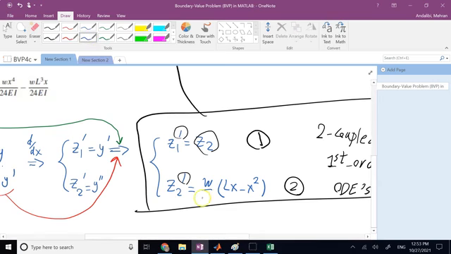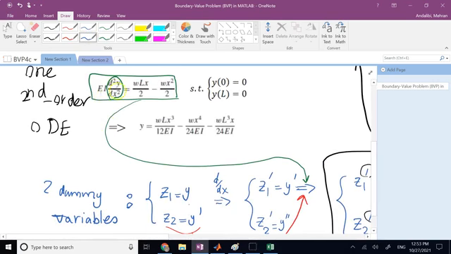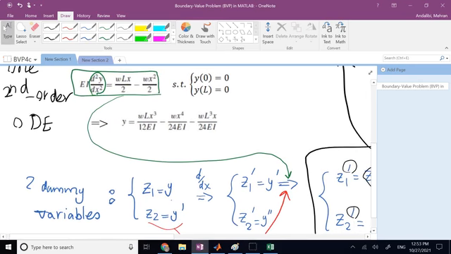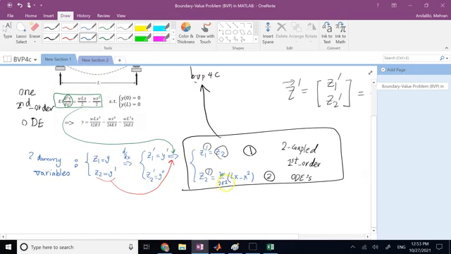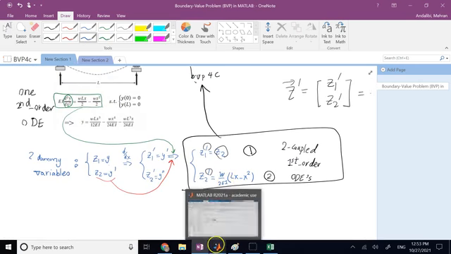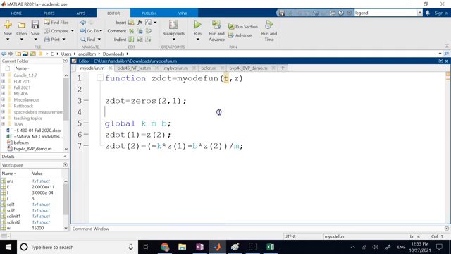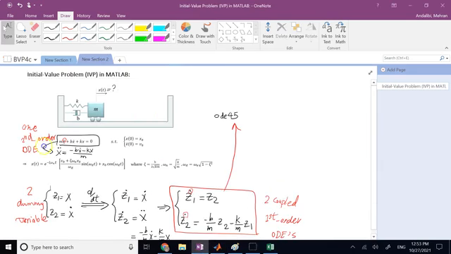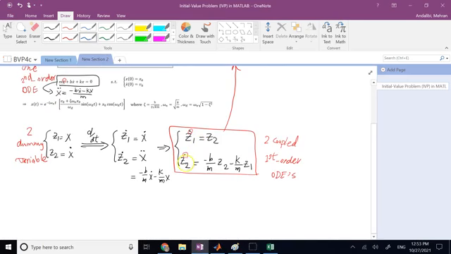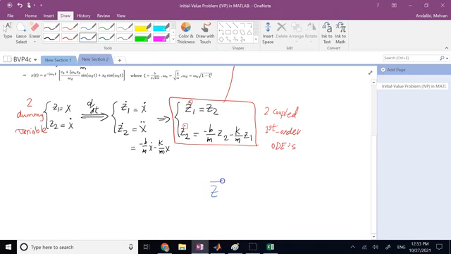Because if you see, EI times y double prime is w over 2lx minus x squared. So we need EI as well added. That's exactly what I have done here in line 7. Or in my ODE, you see the same thing. I define z dot. In general, they are a function of t and z. In this case, there is no t, right? If you can see, all I have is, if I combine z1 dot and z2 dot into a vector z dot,